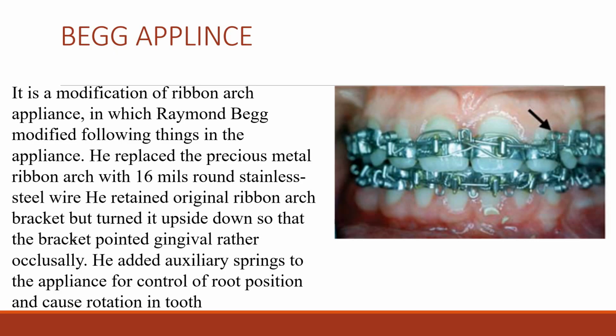The tooth crowns are initially tipped into their desired position using intermaxillary elastics. The roots are then uprighted as a separate procedure using auxiliary springs. It is much easier to tip a tooth than move it bodily, and this requires less force. So the Begg technique was much lighter on anchorage and became very popular during the 1960s and 1970s. However,